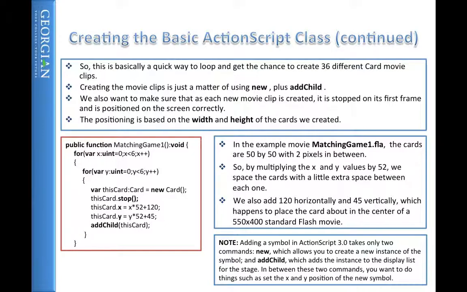We implement a stop. And the second thing we do is set the x and y values of the card itself. That's where the card is going to be placed. And then we're going to add this card to the stage. That's what we're going to do with this addChild, this card. Now, right now,